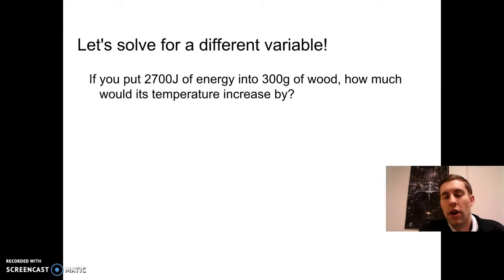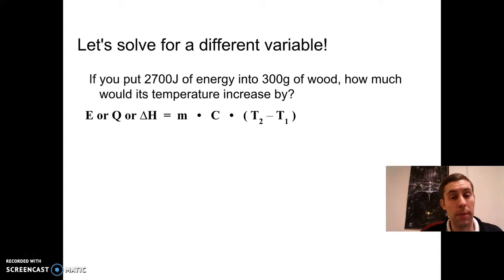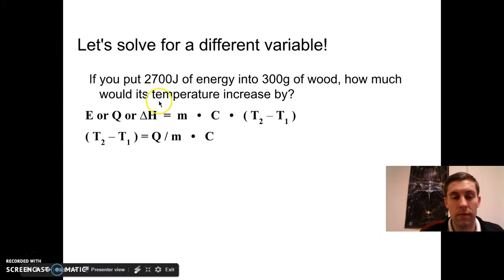Alright, so if you put 2,700 joules of energy into a 300 gram piece of wood, how much would its temperature increase by? So, same equation, but now we have the energy, so we have this variable, we have the mass, which is the 300 grams, we can find its specific heat on our chart. We don't know the change in temperature, so we need to solve for that one